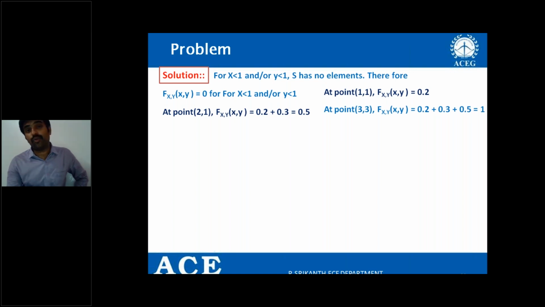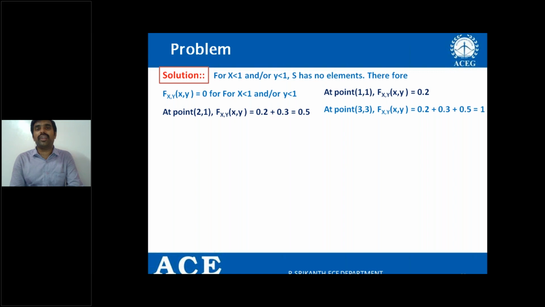So now let us see how to write the expression for the distribution function. So are the given random variables X, Y discrete or continuous? Ultimately discrete. Why? Because the elements of x are 1, 2, 3, whereas the elements of y are 1 and 3. In the sense, both are discrete elements. Therefore, the random variables are discrete random variables.